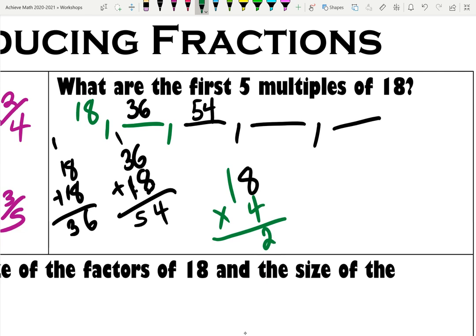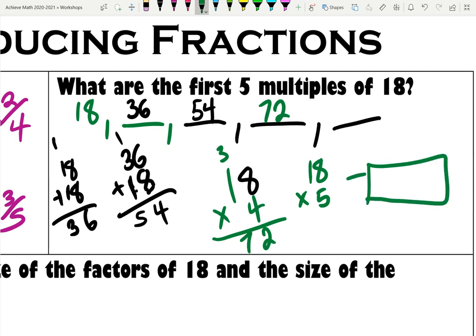4 times 8 is 32. 4 times 1 is 4. 72. And if you want to use the method I was showing off, 18 times 5, I would actually represent it as a different problem. I would represent it in an expanded form. I'm going to do 10 and 8. 10 plus 8 is 18. 5 times 10 is 50. 5 times 8 is 40. So put those together, and you get